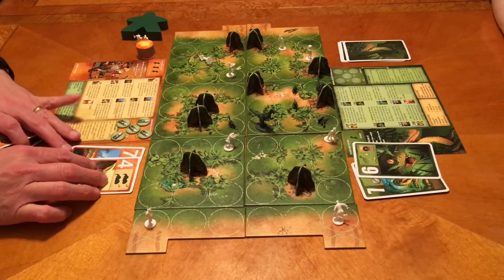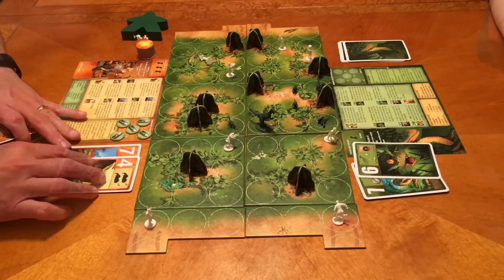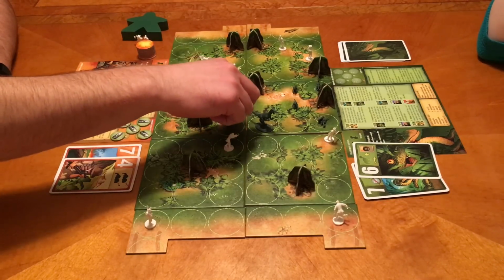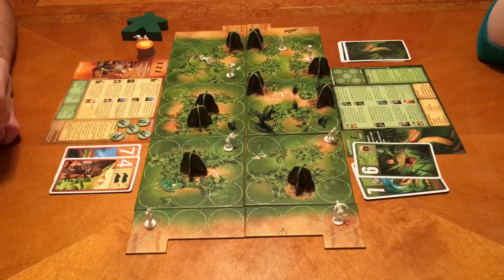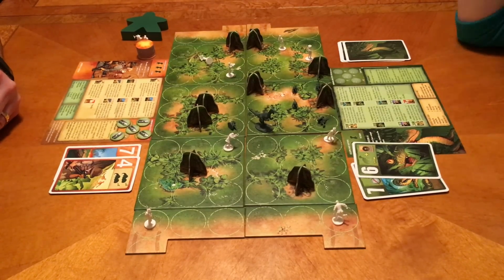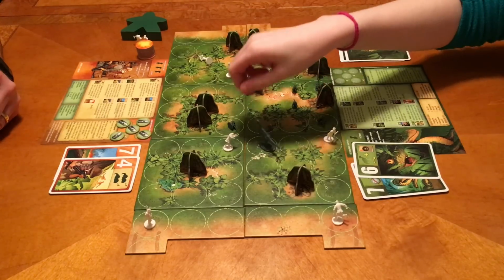Six. 4. So I can put 2 to sleep. Okay, so since I am on a neighboring tile, I can put him to sleep. And that is the only one that I can put to sleep because the other one is asleep. So I get 2 actions. So I'm gonna go 1 move there and